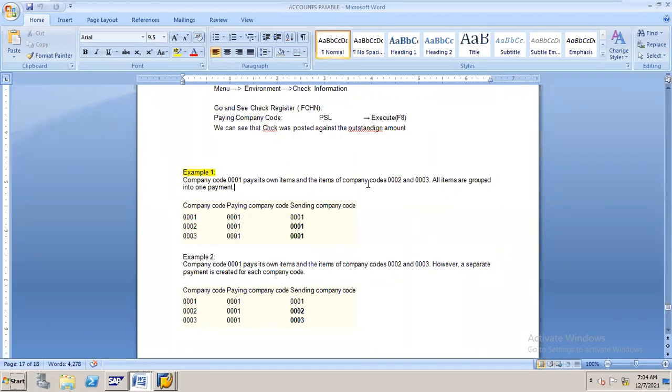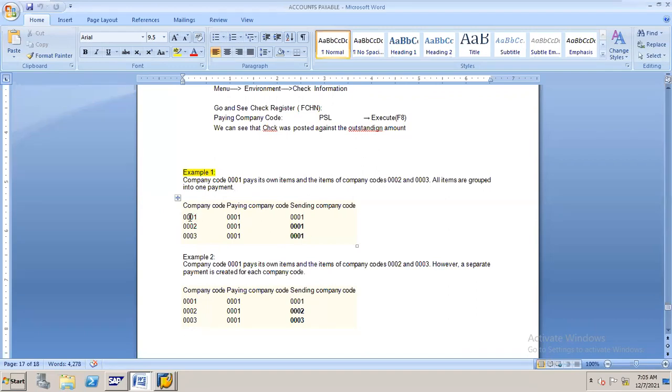When it does so, it groups all the invoices and issues the check in the name of the first company code.